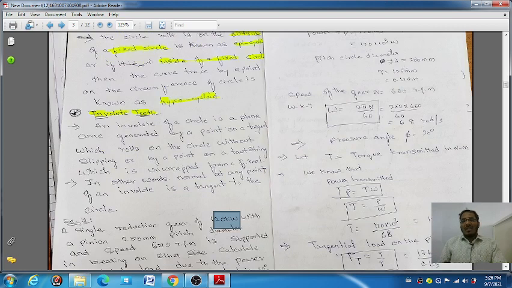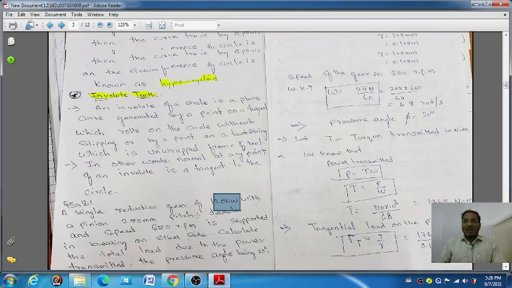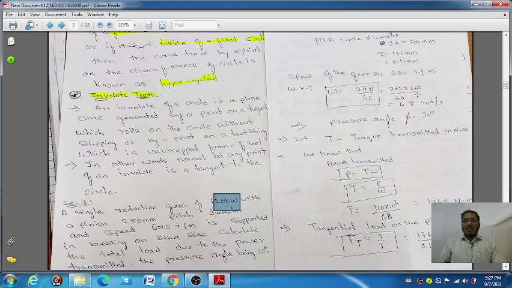You can divide, R is equal to D by 2, you will get the R value in terms of millimeter, and then if you want to convert that millimeter into meter, you have to divide by 1000, you will get 0.125 meter. Speed of the gear is also given, 650 rpm. As you know, the angular velocity is equal to 2 pi N by 60. Just substitute the value of speed 650, then you will get the angular velocity 68 radians per second. Why are we calculating the angular velocity?